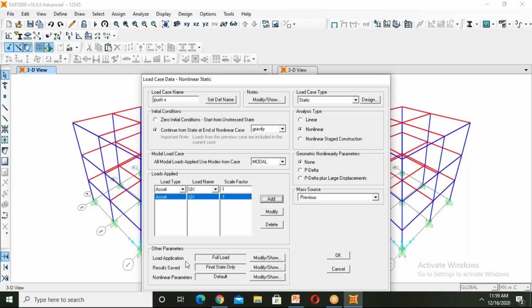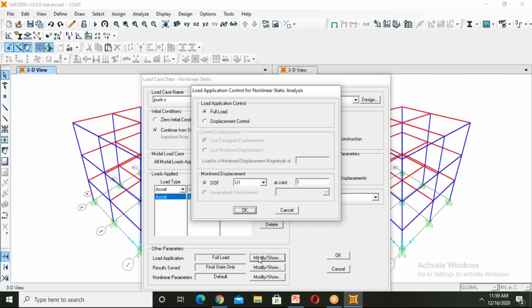Next, see here, load application. We should apply this push X in displacement control. Displacement control means we are displacing the structure, and the load is monitored. The load is monitored by displacement of magnitude 0.36. This 0.36 means 4% of building height, taken as the maximum displacement.